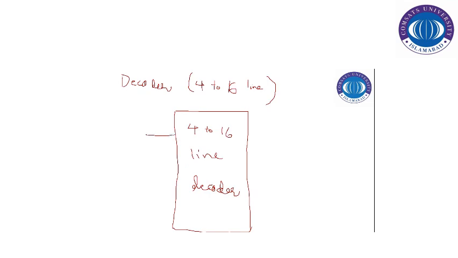We've got 4 inputs: W, X, Y, and Z, and we have to implement F here. We've got 16 outputs here,